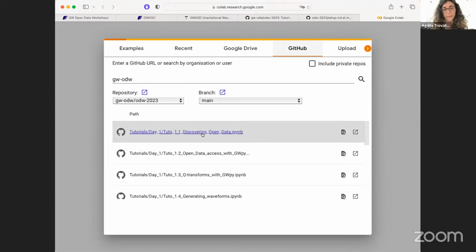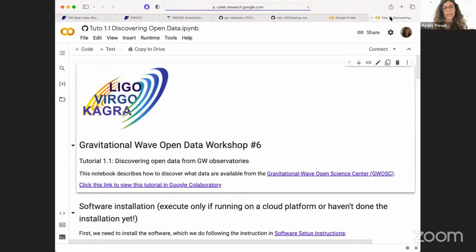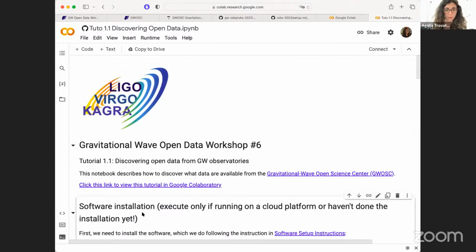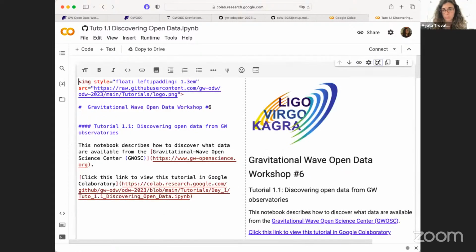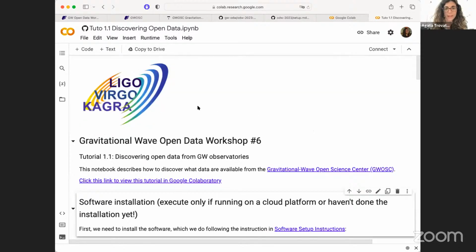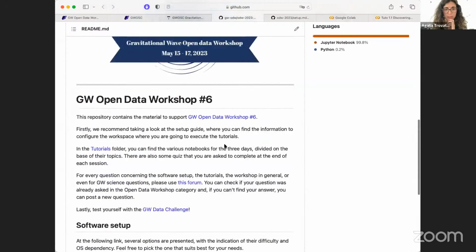Because, and I will show in a moment why I'm highlighting this, when you open the tutorial and you try, you can modify it, but you cannot save locally. What you can do is copy to the drive and then save from there. So before going to this tutorial, another thing I want to show you, going back to